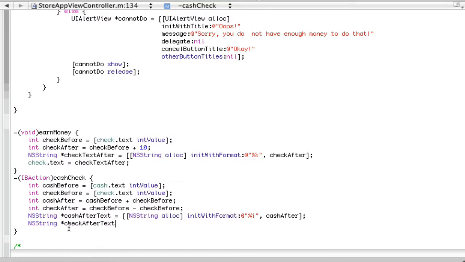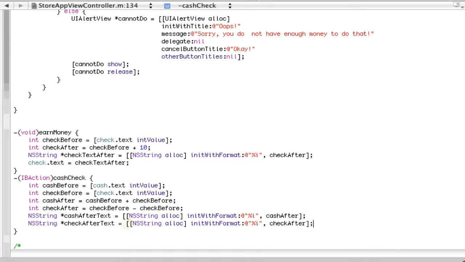You want this to be cash after text, and the second one to be check after text. So we're going to hit equals, bracket, NSString, allocate, end bracket, init with format, then at quotation mark, %i, quotation mark, comma, checkAfter,